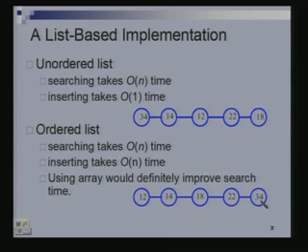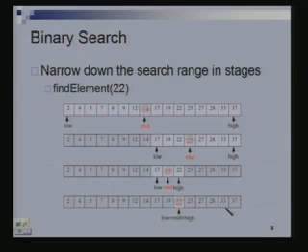If we use an array, searching can improve, and we have seen how to do this. We use binary search. If the elements are ordered and you put them in an array, then we can do binary search to find the element in logarithmic time, log n time. But if you do binary search, insertion and deletion still take order n time. While we can find out the right place to insert an element, we will have to shift all the elements to the right. So, it takes a lot of time to do insertion.